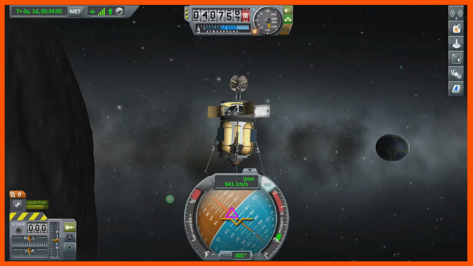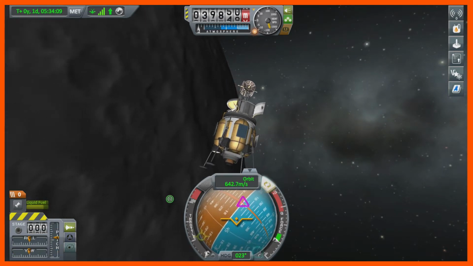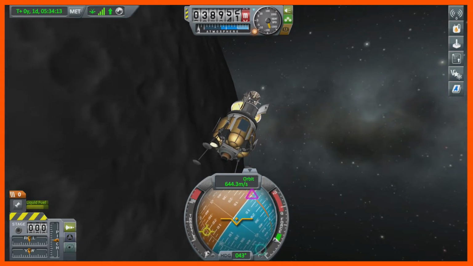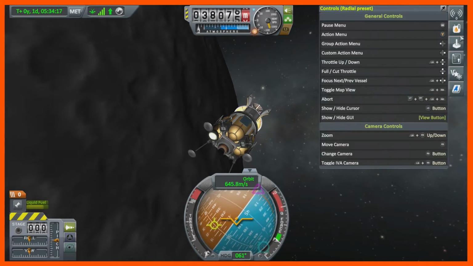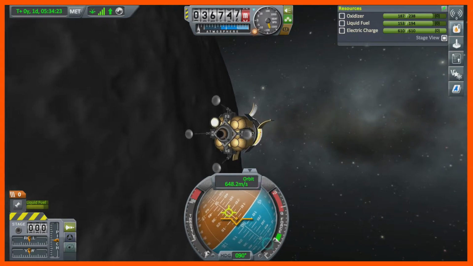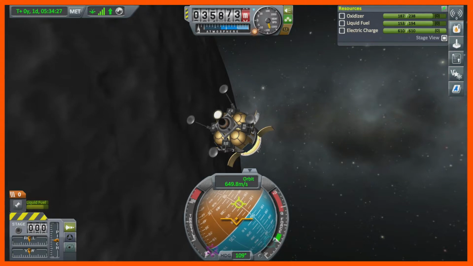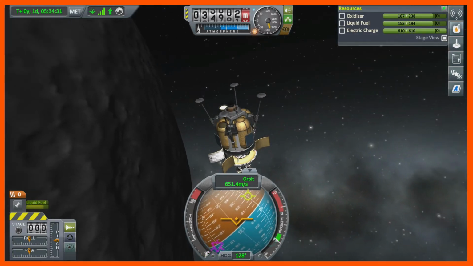All right. Go ahead and turn SAS off. We'll just let this rotate around. Lights are on. Let's go ahead as that rotates around. Go ahead and bring up our resources, because this will allow us to transmit this back. We get some more science. So there is our